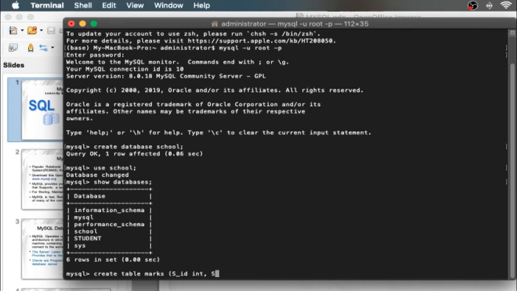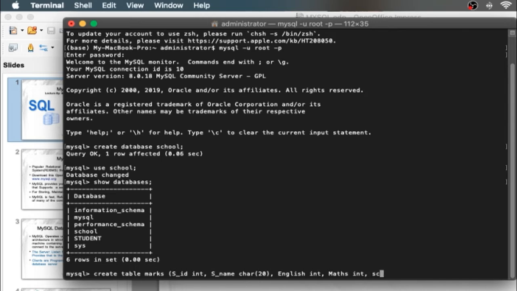Student name should be a character type, and it contains 20 characters. Now I'm going to give marks of English, which should be the integer type, and let's suppose I'm going to give the maths marks, also integer type.